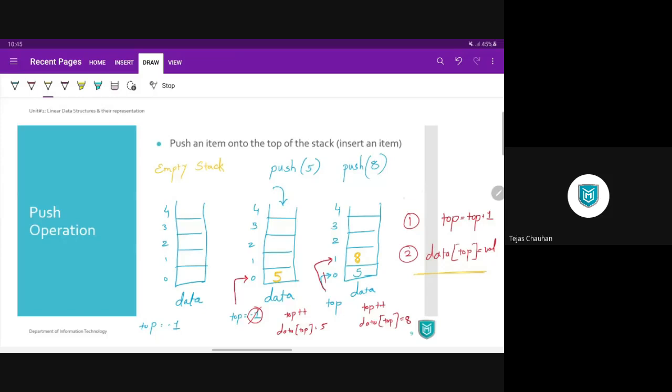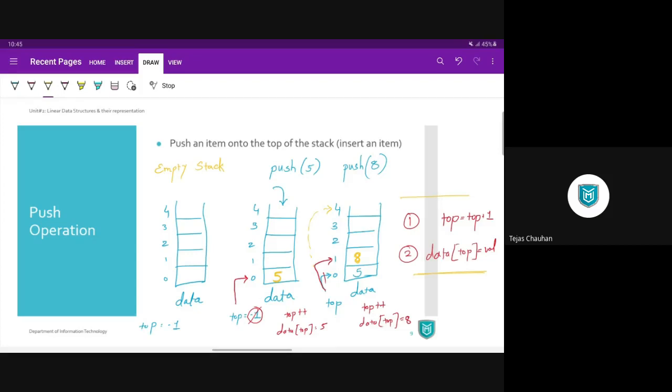Obviously, before doing these two steps, we need to check whether we have space in our stack so that we can store a given value. If your stack is already full, you won't be able to store any extra value, which means if your top is already pointing to 4, your entire array is full.